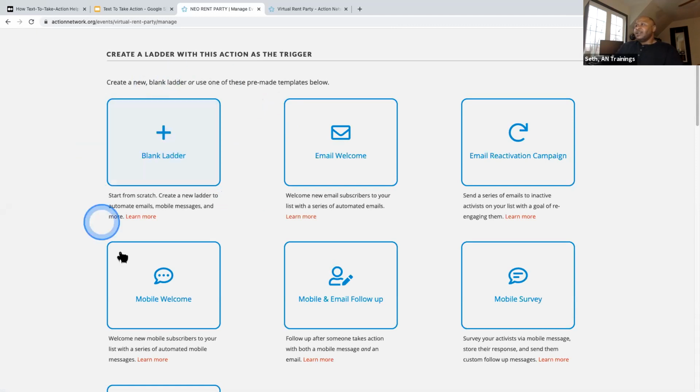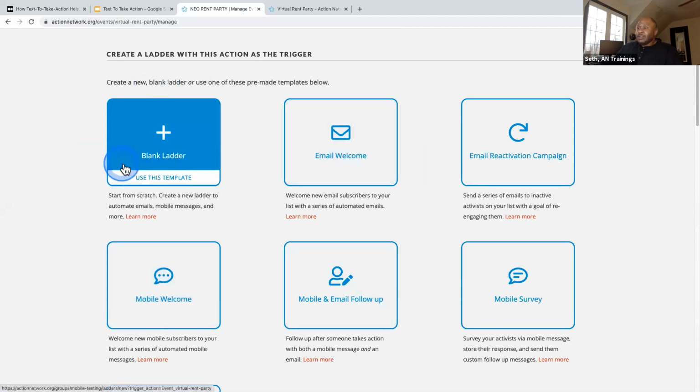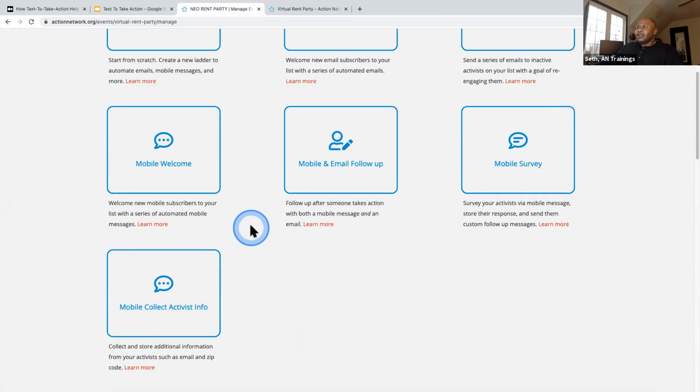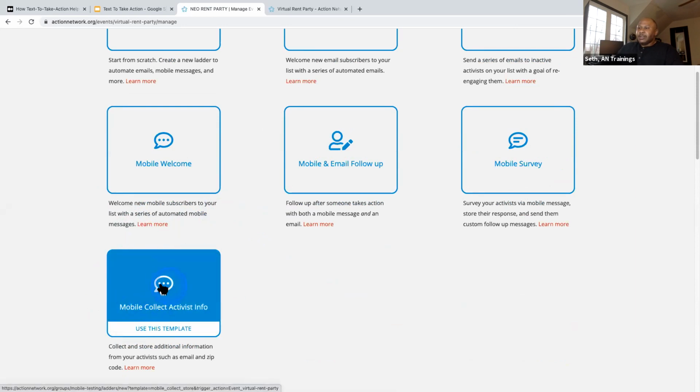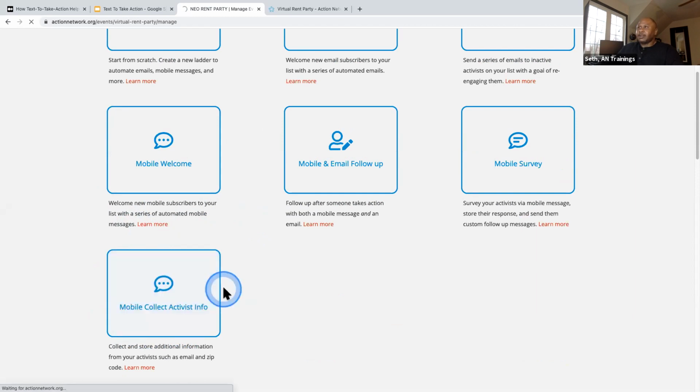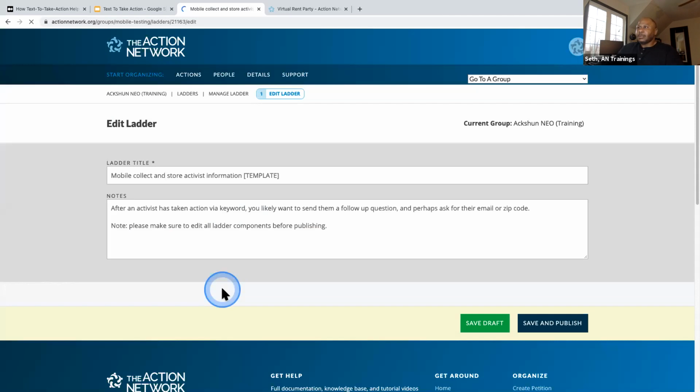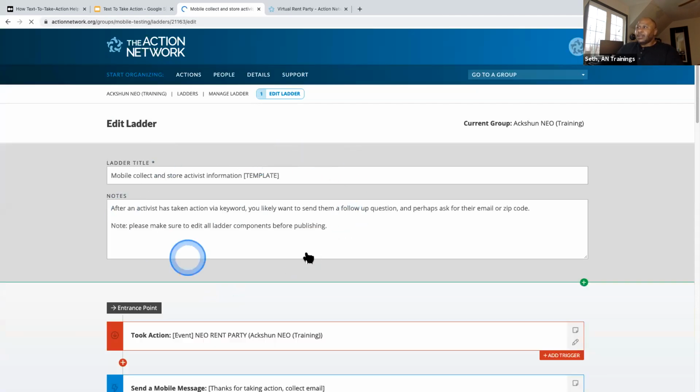And then I get my choices of these various templates, which is really helpful. I think for this example, I want to use mobile collect activist info, because Ackshun NEO is a newer group, and they really do need to build their list out. So I want to go ahead and click on use this template to get my ladder started. So now Ackshun Network is loading that template. I want to maybe give it a different name. I'm going to call it rent party